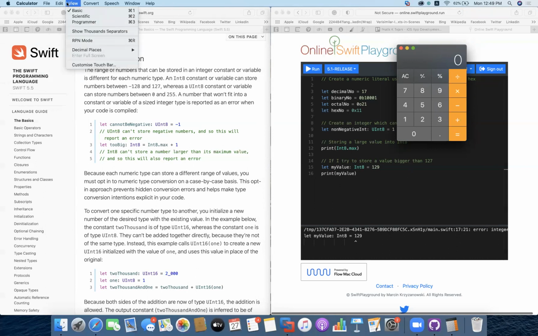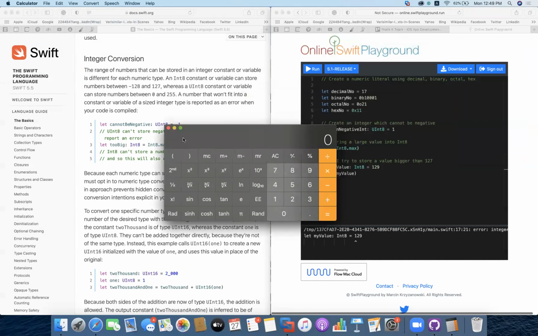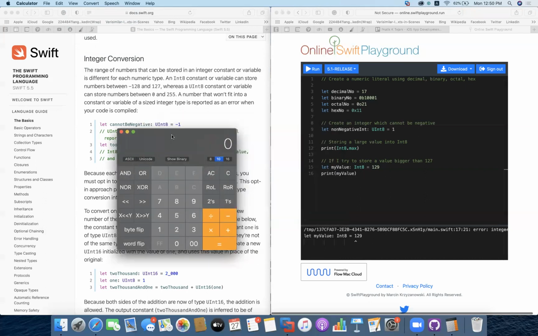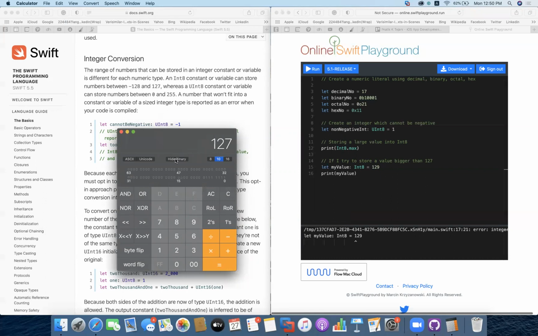I'll show you. Suppose you have a decimal number, 127. If you want to see that in binary, you can see that it is all ones, seven 1s: 1, 2, 3, 4, 5, 6, 7.